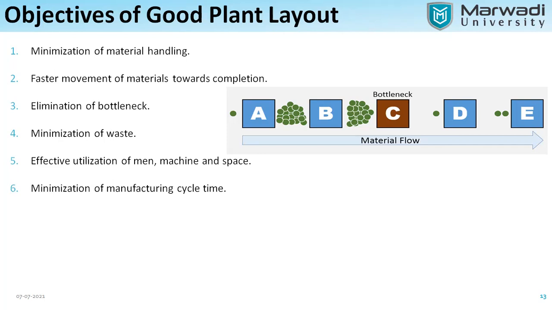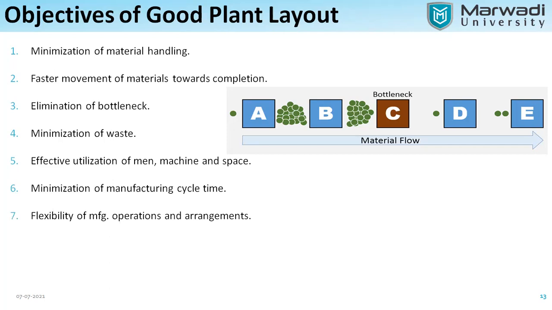Minimization of manufacturing cycle time. Whenever you are manufacturing anything, you should minimize the cycle time, like the time in which you are making any particular product. So how can you minimize the manufacturing cycle time? Cycle time means your project will start with the origin, then the topmost point, then maturity, and then the decline. These are the 3 points. So how can you minimize the time required so that manufacturing can be done in a proper way? Minimization of manufacturing cycle time.